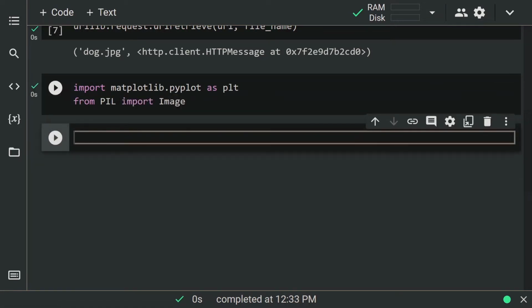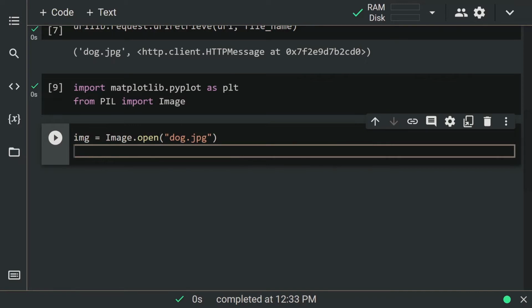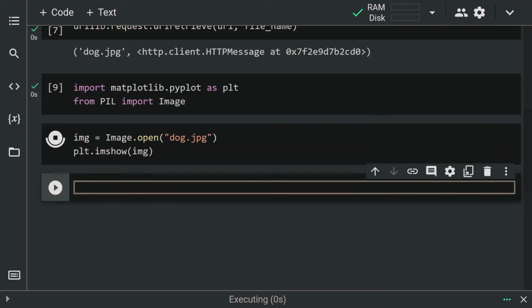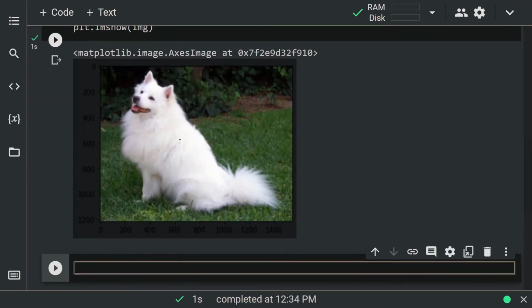Let's assign the image to the img variable. img equals Image.open("dog.jpg"). Let's see the picture with matplotlib: plt.imshow(img). You can see the picture. This picture is a very good dog, right?